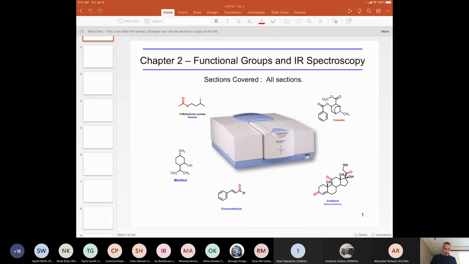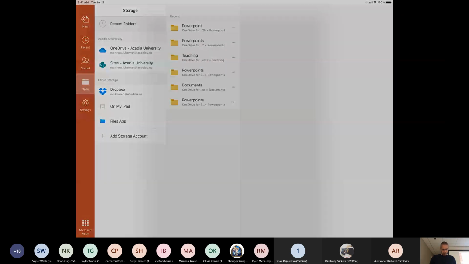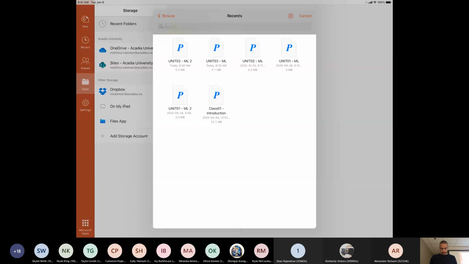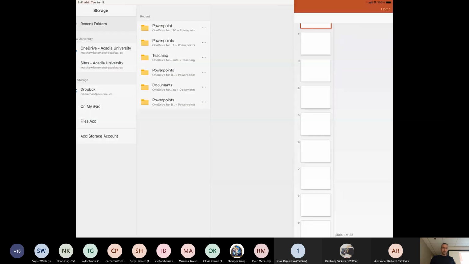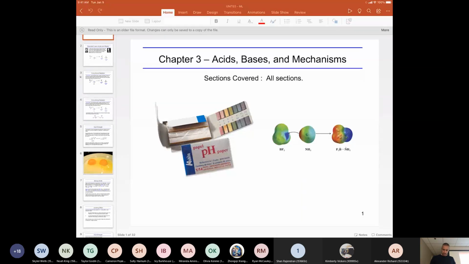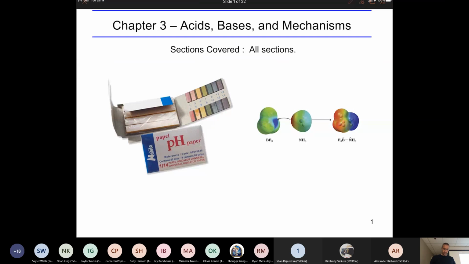Okay. So that's it for that unit. What I'd like to do is introduce the next unit, and the next unit is pretty quick. It's on acids and bases and mechanisms, and acids and bases are something that you guys have seen, like probably you started in, I don't know, grade 11, and you do acids and bases all the time. And we're going to do acids and bases again, but from a slightly different lens from what you're probably used